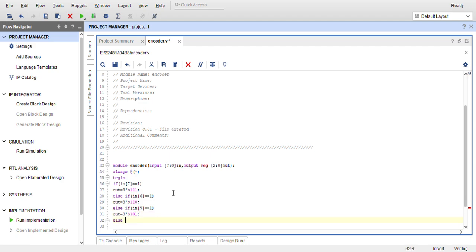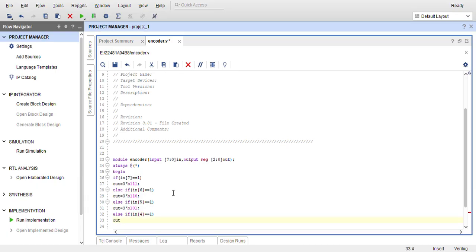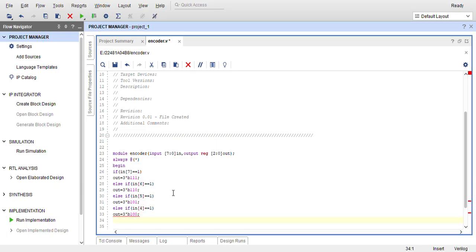Else, so it is also not the case. Then if in[4] equals 1, what are you going to do? Our out is equal to 3'b100, since 4 is nothing but 100, ending with a semicolon. It is also not the case, so else if